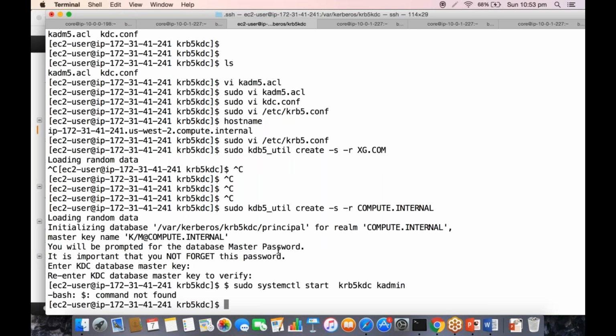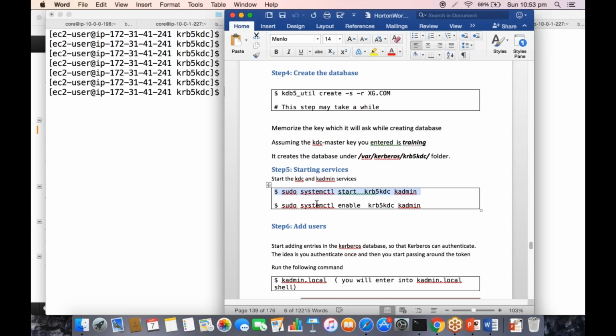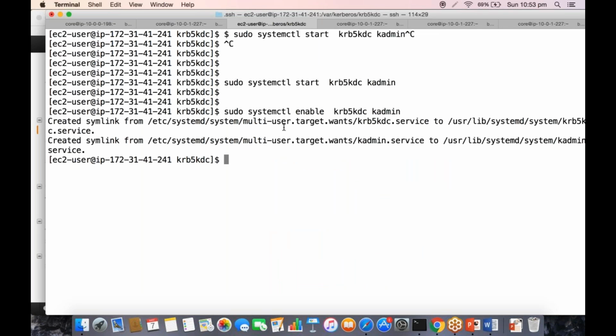sudo system. Okay, let us also check this. We are going to enable it so that it automatically starts as a part of your reboot.